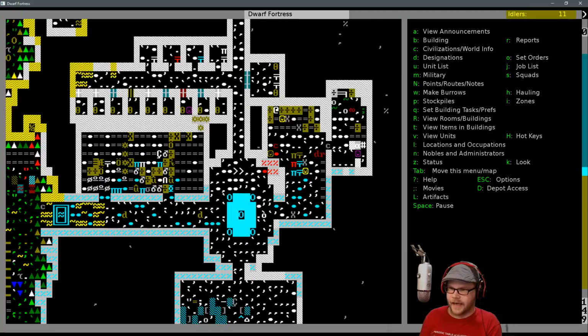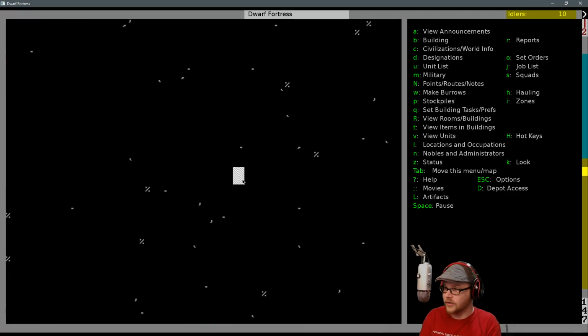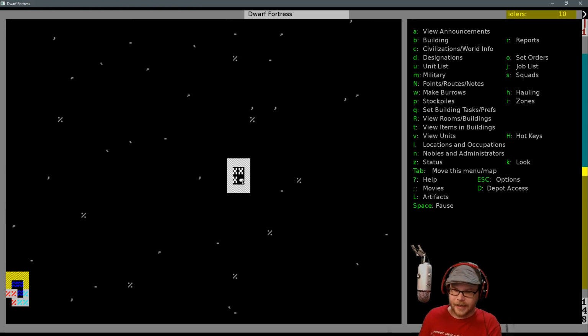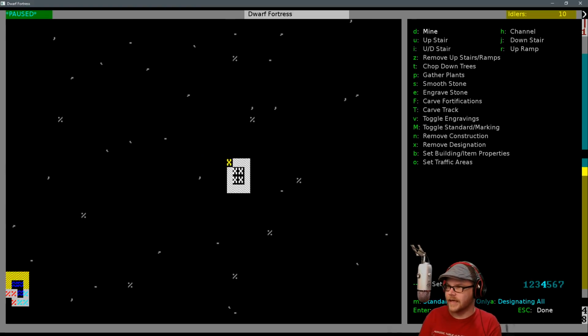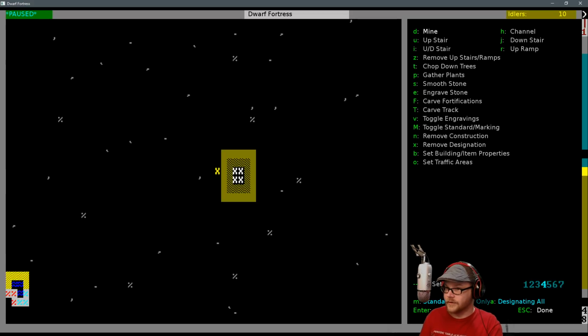All right. Now, back down here, we have dug this out. This is now an up and down stair. So it goes down a level, and it also goes back up. We want to make a whole other level here, though. So we're going to say, let's dig out. Let's make a nice big area here. And then we're going to go and make some temples. We're going to make a jail. Let's dig a spot here, and we'll make...